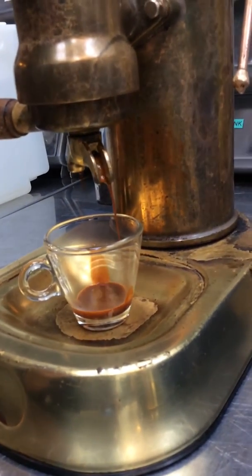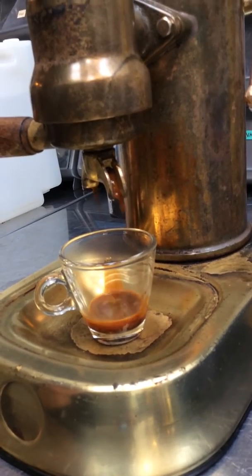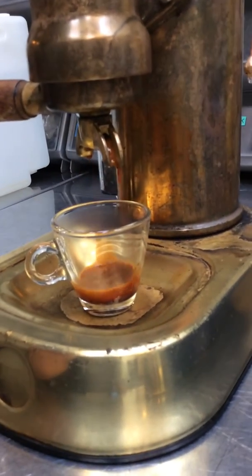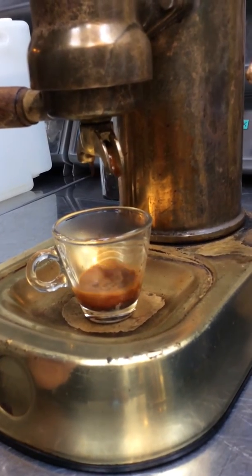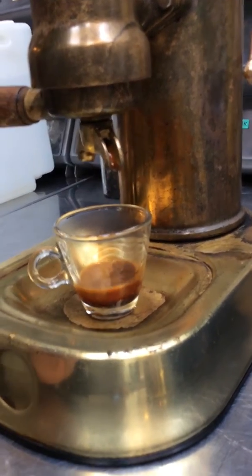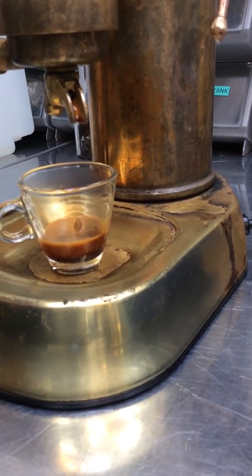Maybe a bit too much coffee in the portafilter, or the grind might be a bit too fine, but as you can see, there's good crema. Temperature's right. Gotta let it build a